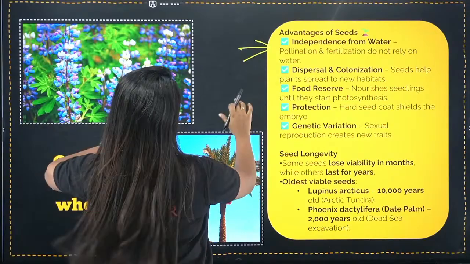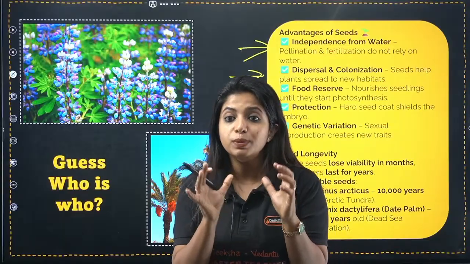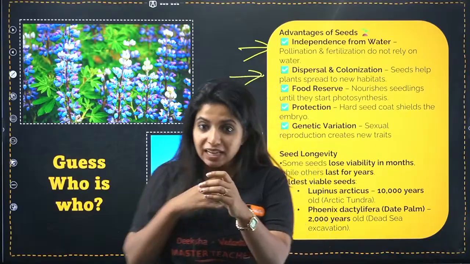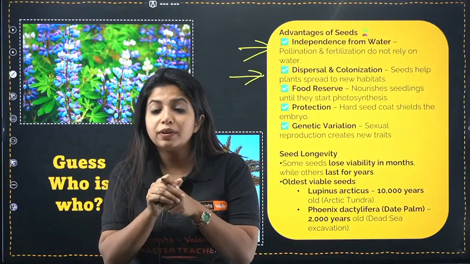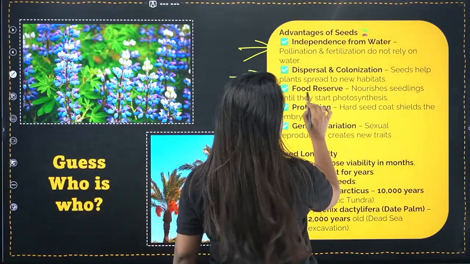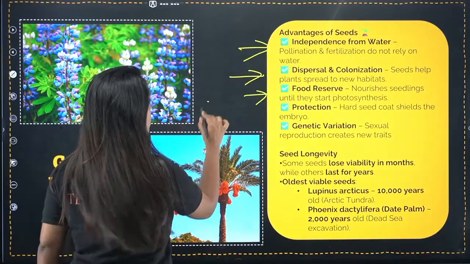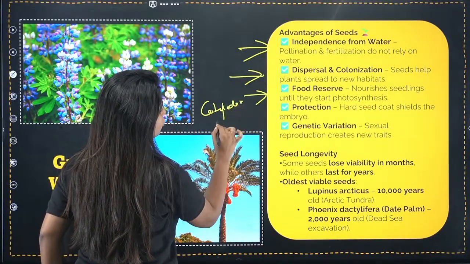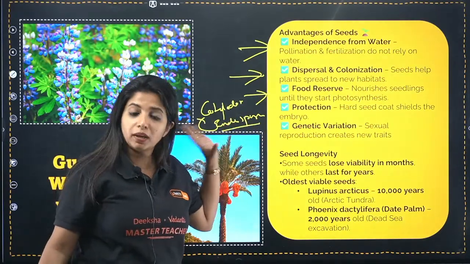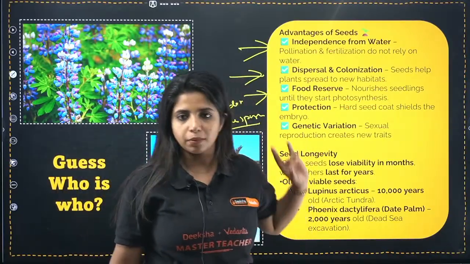Now, the very next thing is, if you want a plant to be there, you need the embryo to be safe, right? And you need the embryo to be fed with food, right? So seed has the embryo, and what does it do? It makes sure that the embryo gets all the food. So it can be in the form of cotyledons. Okay, they have enough food reserves. The seed makes sure it has enough food reserve either in the form of cotyledons, or in the form of endosperm. The endosperm itself is the one that helps in the formation of cotyledons, right? So either it can remain as endosperm as in monocots, or it can form multiple cotyledons as in the case of dicots. But anyway, they are very helpful.